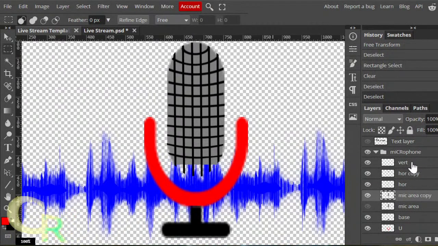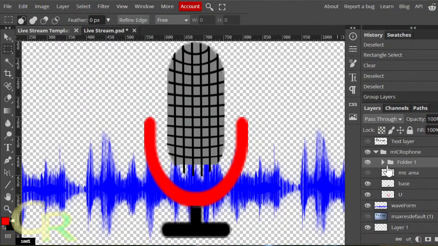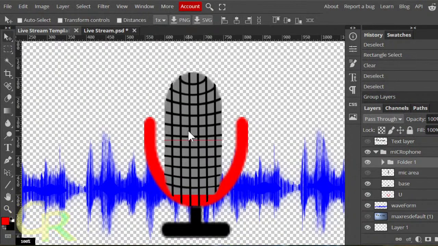Just gonna try that out real quick here. So with that, I'm holding Shift so I can select multiple layers. Put that into a folder. Move that whole folder down.